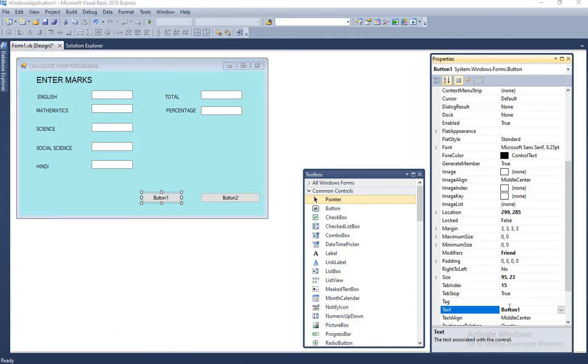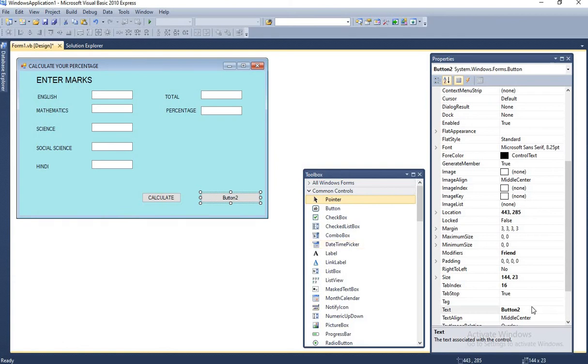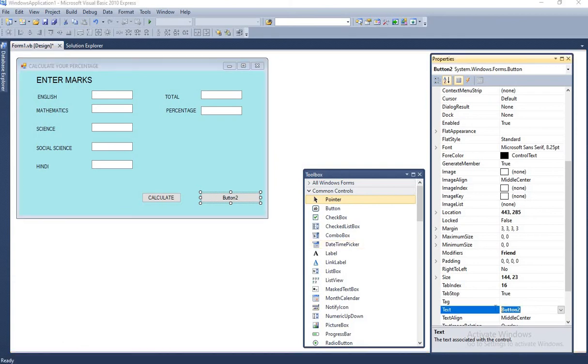I have changed the text property of the button to Calculate. Text property of the next button: Clear value.